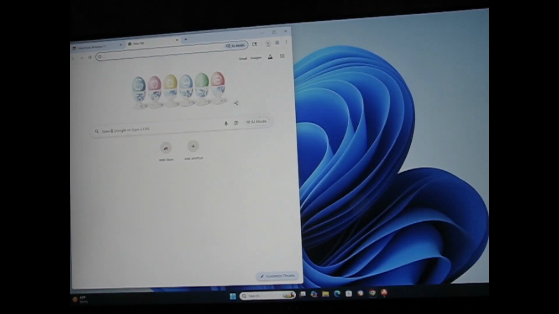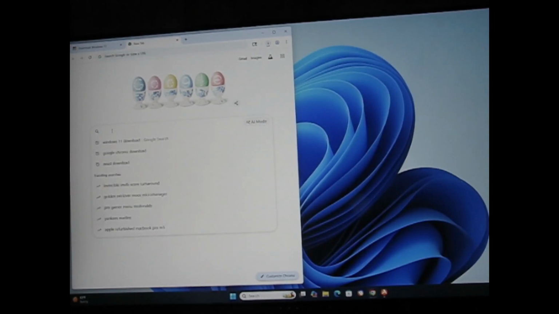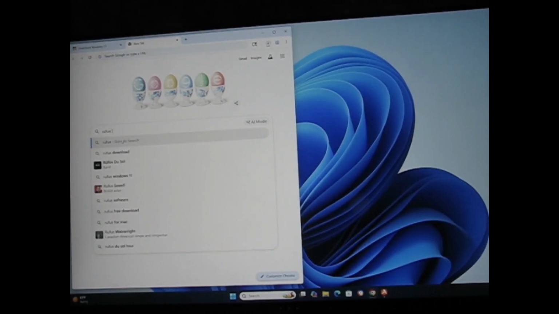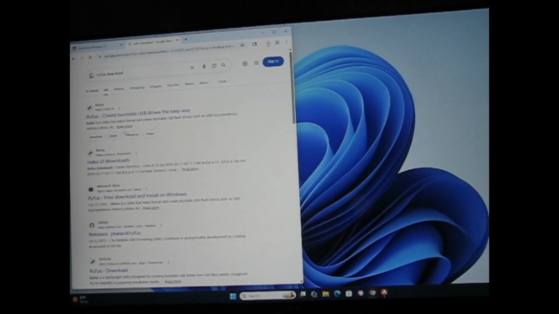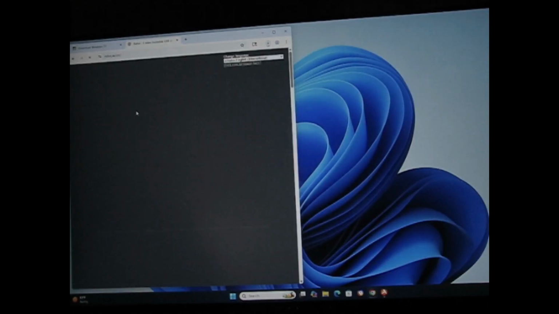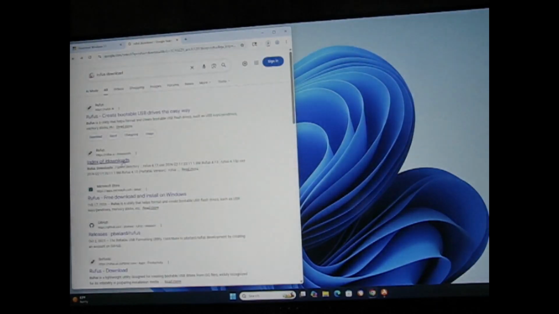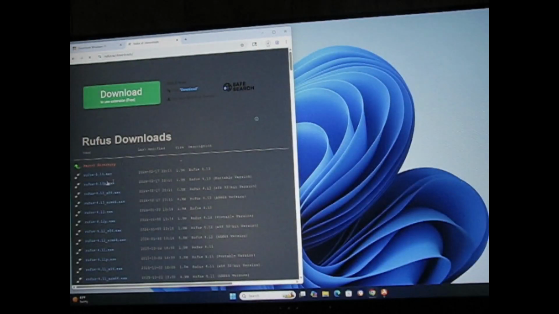The next thing we're going to need is a little program called Rufus. R-U-F-U-S. Download, so we'll go ahead and download this. Alright, so while those two are downloading,